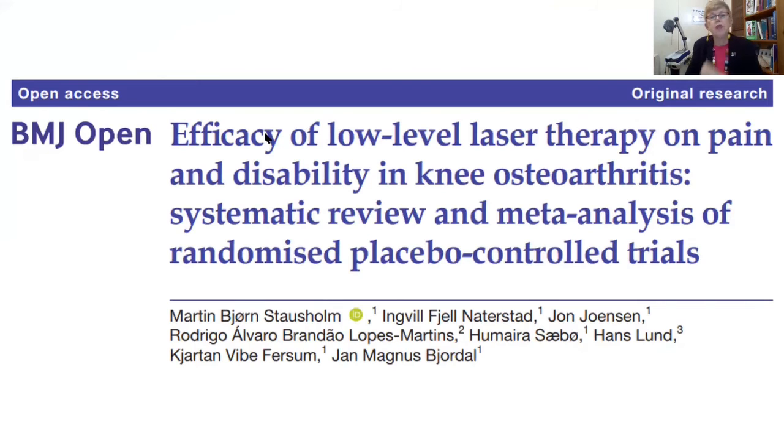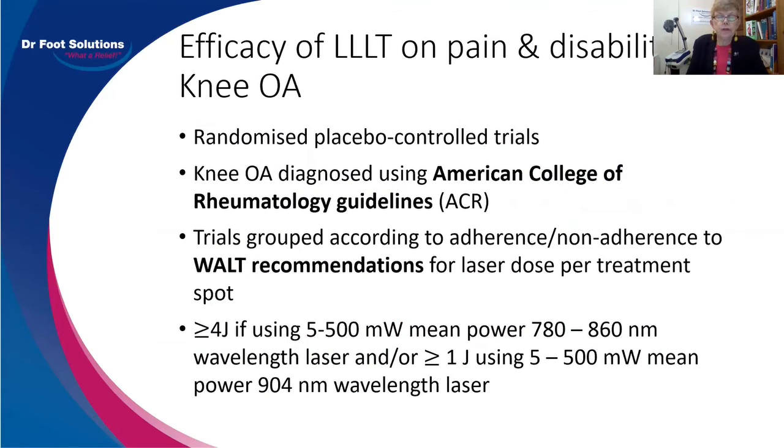Now, the efficacy of laser therapy, medical laser, what used to be known as low-level light therapy or laser therapy, but increasingly is changed now to the term photobiomodulation. And I've mentioned in a previous presentation that this is the definitive article published in the British Medical Journal in November 2019, because it was a meta-analysis, and here's a few of the findings out of that study,